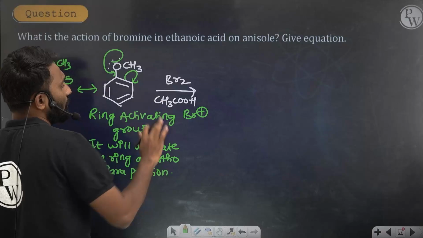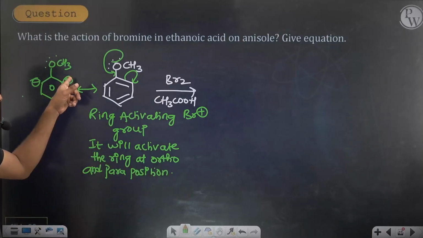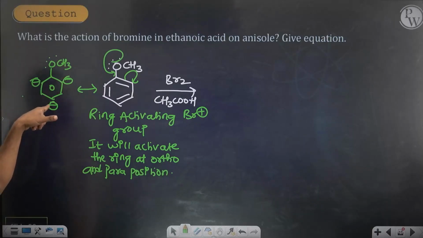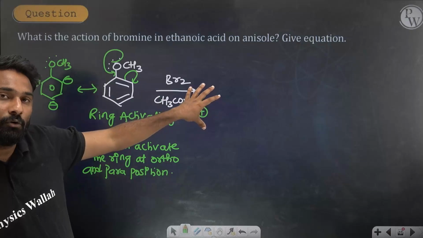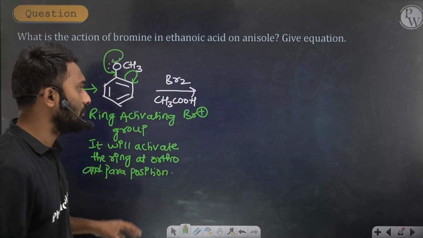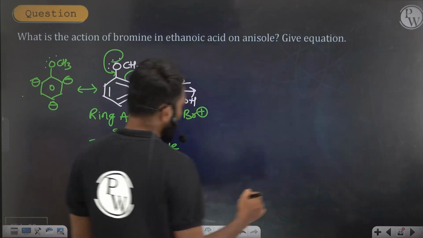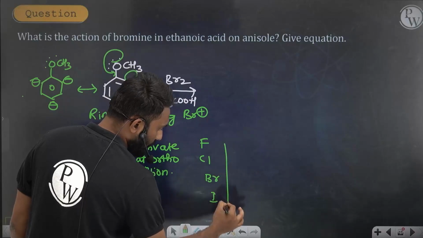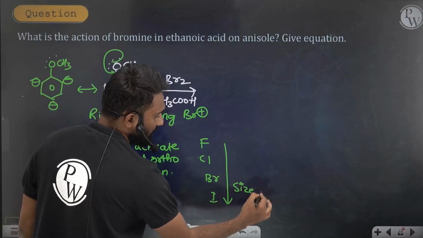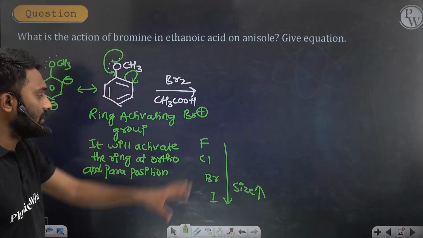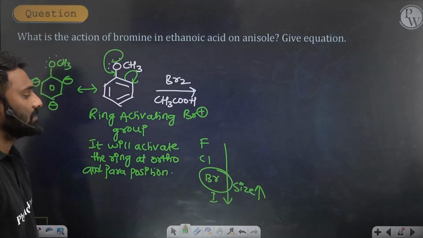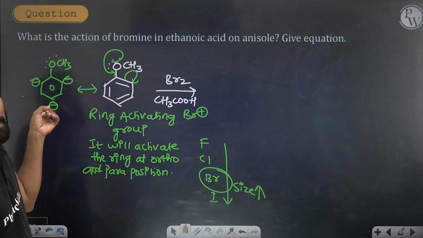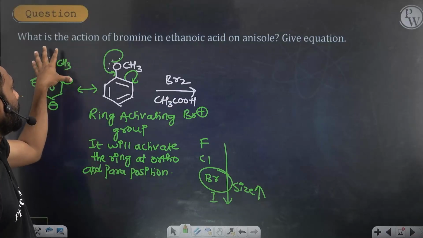Now Br2 in the presence of acetic acid gives the Br electrophile. This Br electrophile can attack at the ortho position or at the para position. But due to the bulky size of bromine, since halogens like chlorine, bromine, iodine, going down the group the size increases, bromine will attack at the para position. If it attacked at the ortho position, the two would repel,